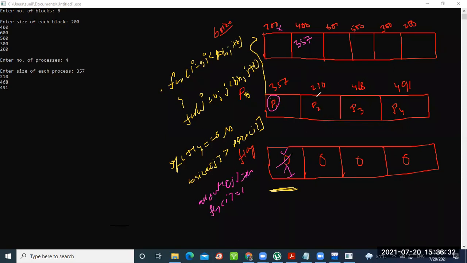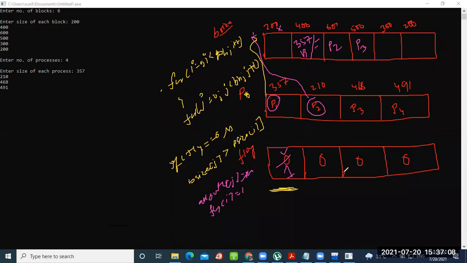Fine. Similarly, I will take the second process. Again, it will start from the very first index. Is this enough? No. Is this enough? No. Memory available here, कुछ part आपका available. ठीक है हम लोग use करेंगे. Is this enough? Yes, this is enough. So let me write P1 here. P2 will be here. Now P3. Coming back to P3, is this enough? No. Is it enough? Yes, it is enough. P3. Now coming back to P4.